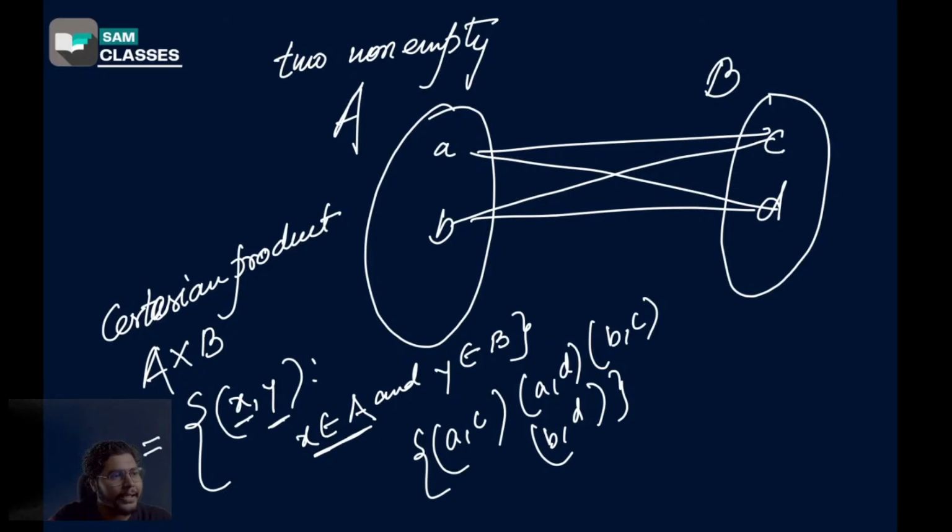So first, before starting relations, we'll learn about the Cartesian product. Very simple. We learned what is a set. Now we'll learn about what is the Cartesian product between two sets. See, the moment we got sets,